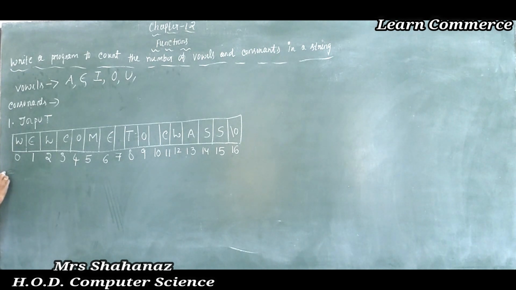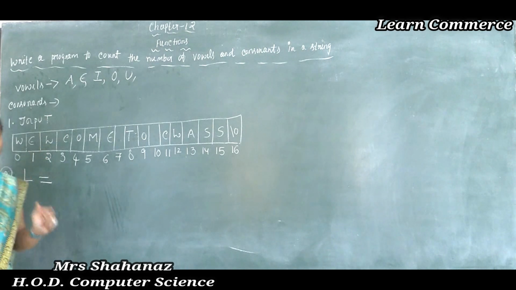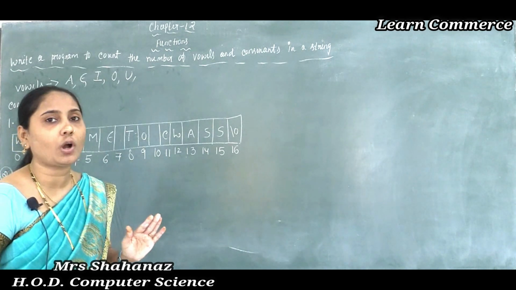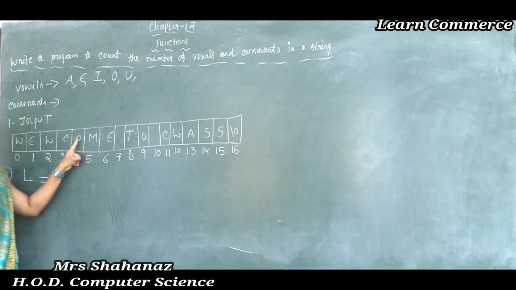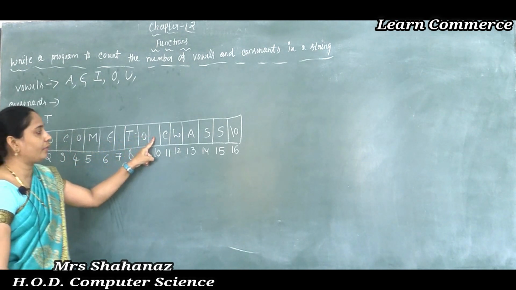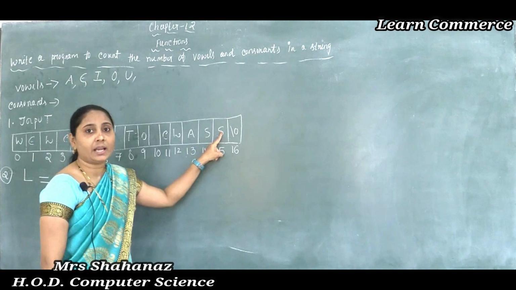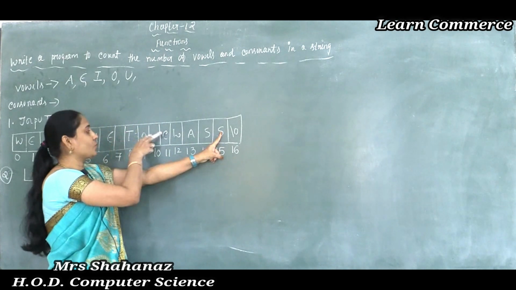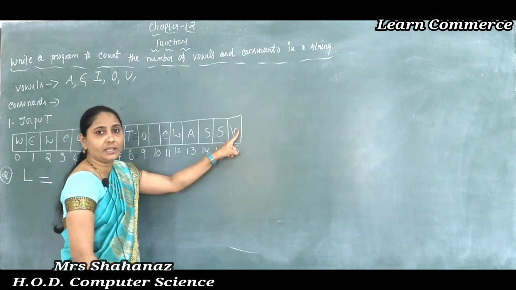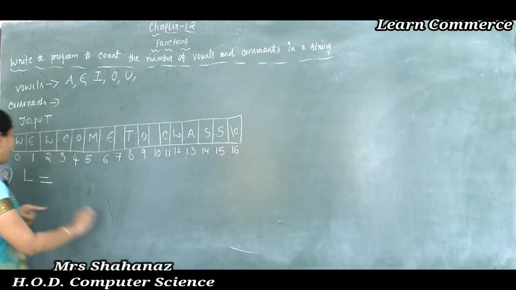Now, after that, step 2. In step 2, I am just going to find out the length of the character string "welcome to class". When we count, do we count from the value 0? No, we are not going to count from 0. Always the counting starts from 1 2 3 4 5 6 7 8 9 10 11 12 13 14 15 16. The length of the character string including the spaces, so I added the spaces, but excluding the null character. So the total value will be 16.